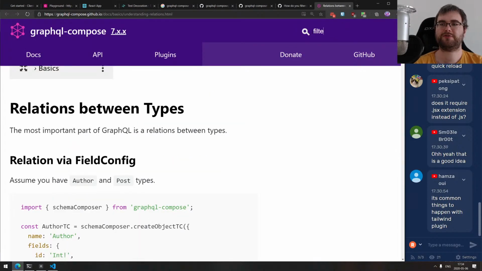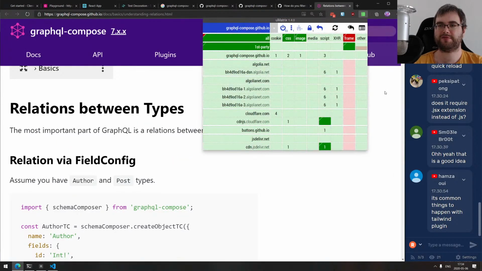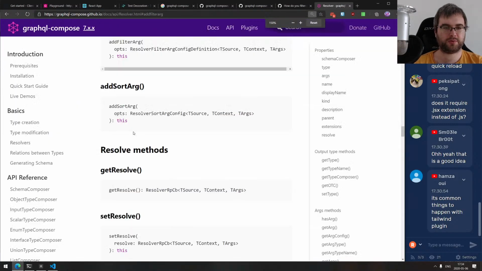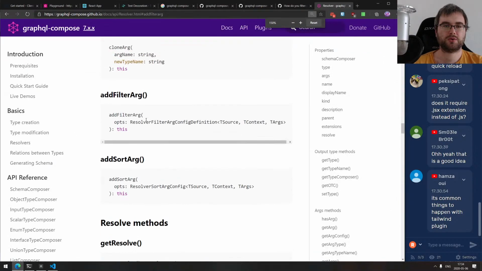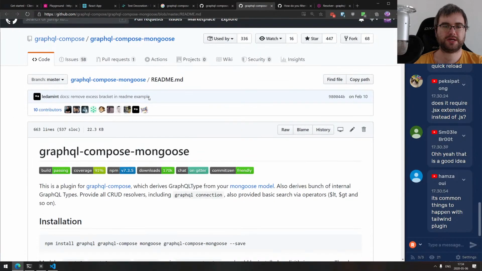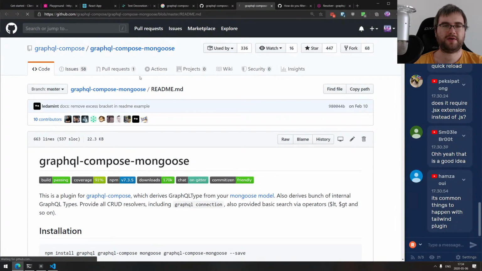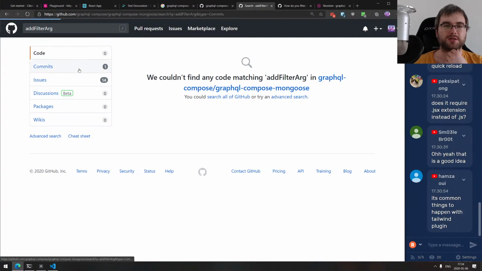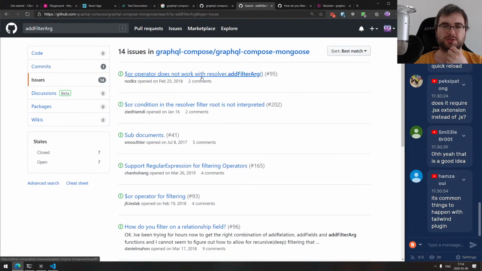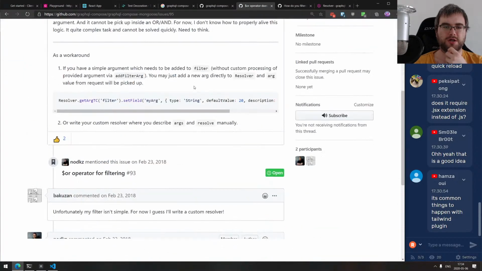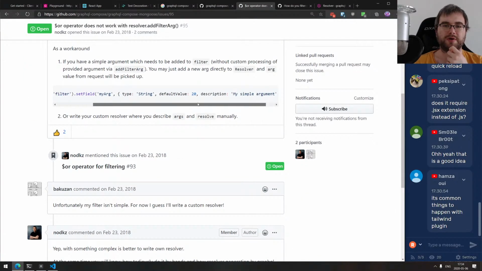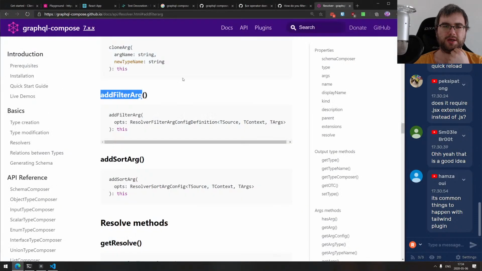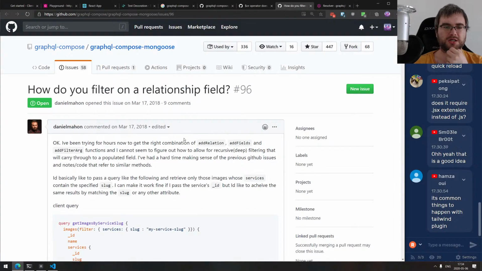Relations. So if we search for filter, and right, I forgot that I have this. Filter. Yeah, there we go. This is what we want. So add filter arg, and if we search for that here, I think they had examples. Okay, you know what? We can just do that, right? There's commits. There is issues. Operator or does not work with add filter arg. Type string value. Okay, so I think it should be sufficient just to say that we add filter arg as